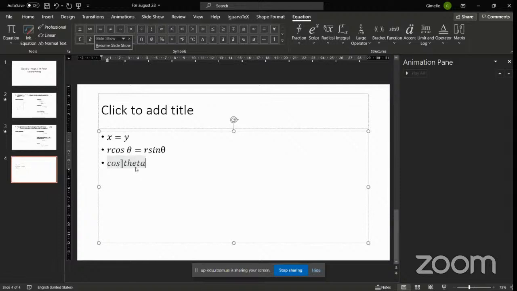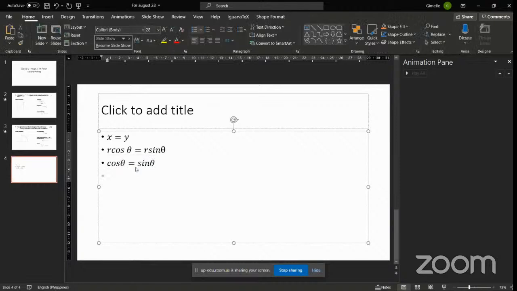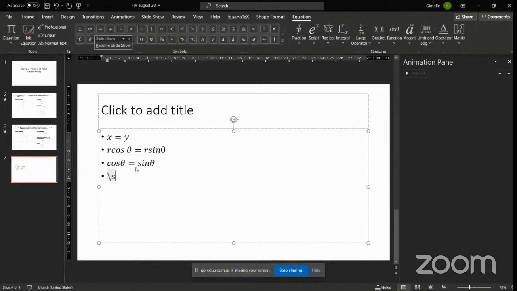cosine theta. Tapos, I will divide both sides by cosine theta. So, magkakaroon ako ng, sine theta over cosine theta equals 1. Pero, di ba yung sine theta over cosine theta is just tangent theta. So, meron tayong tangent theta